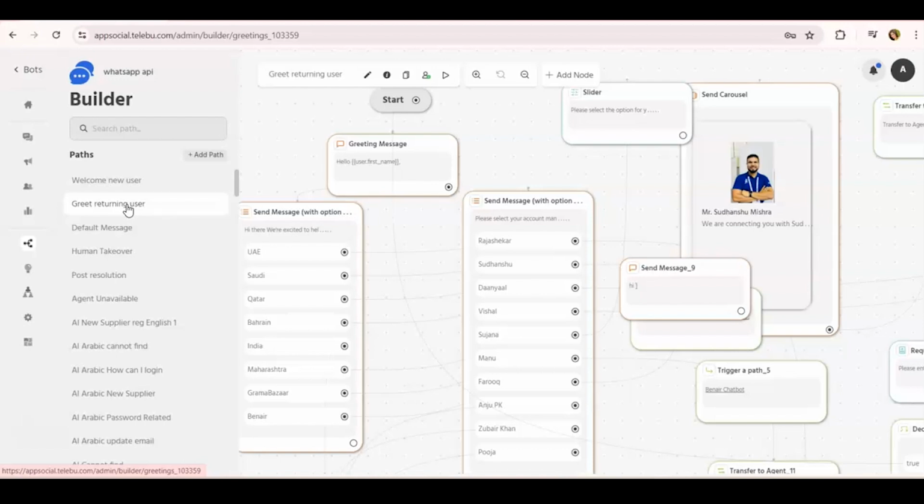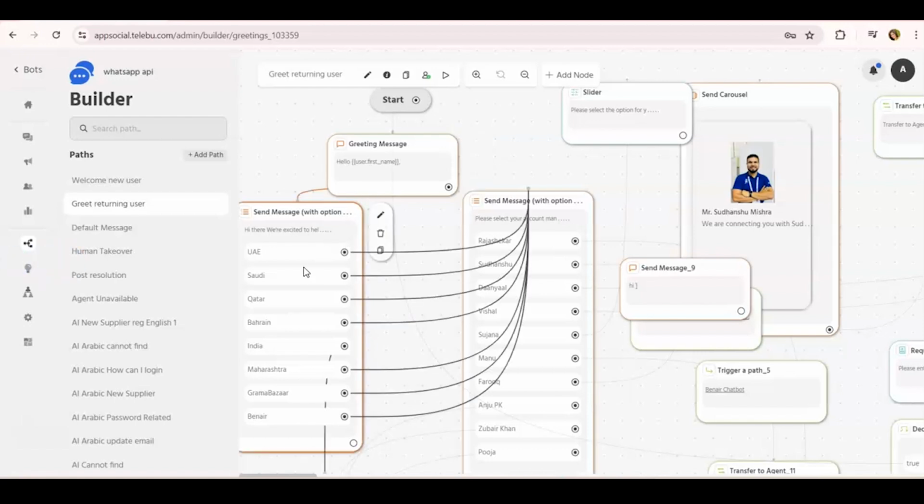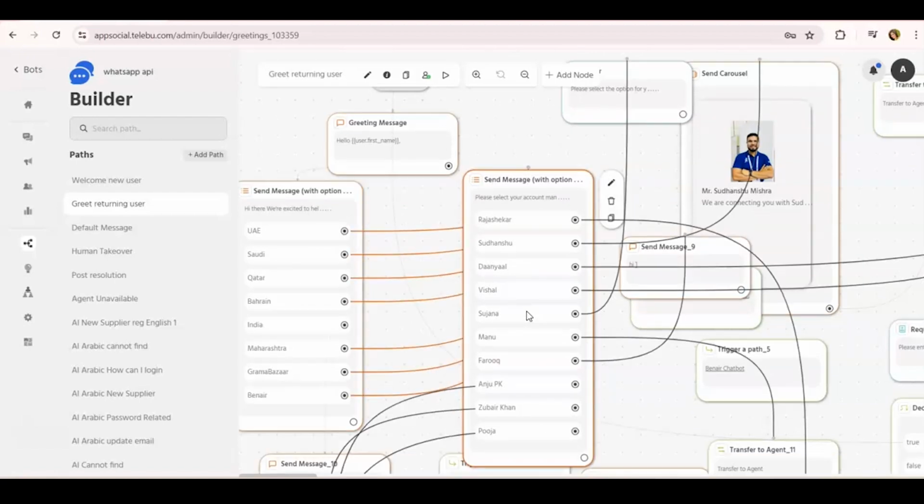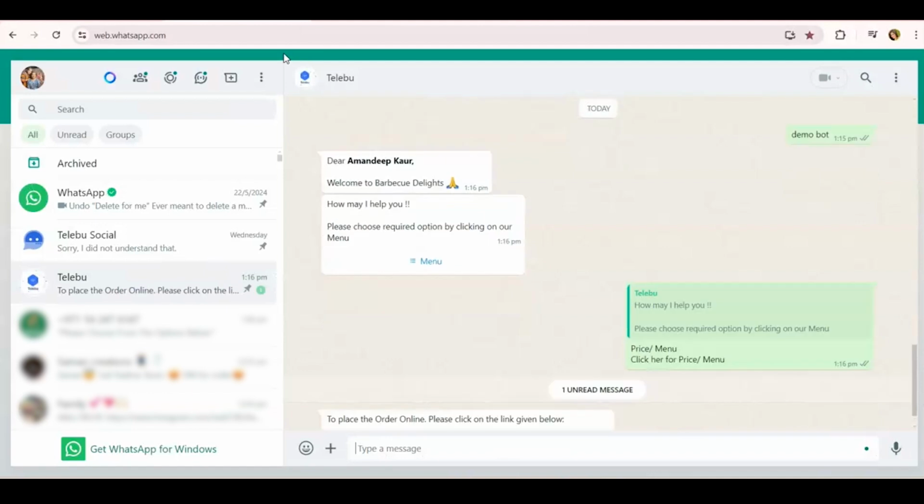For example, if someone writes hi or does not write an FAQ, just a hi, or starts interacting with your bot, whatever is configured here after the start node, the bot will function like that. Currently, you can see it is configured with choose the country and choose the account manager. Now this is my number.